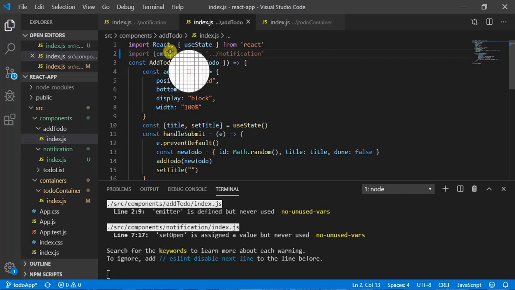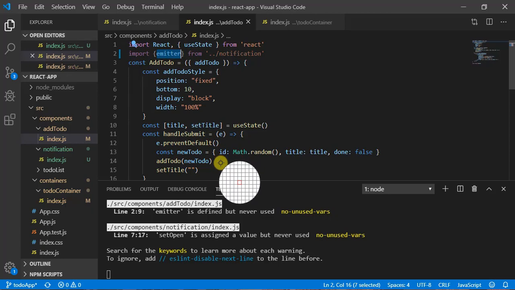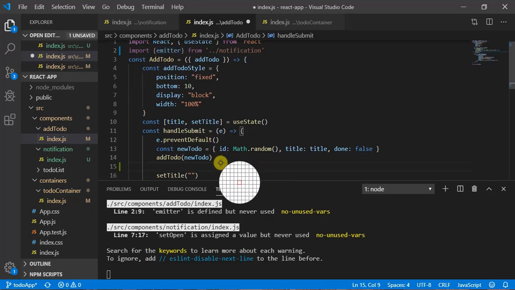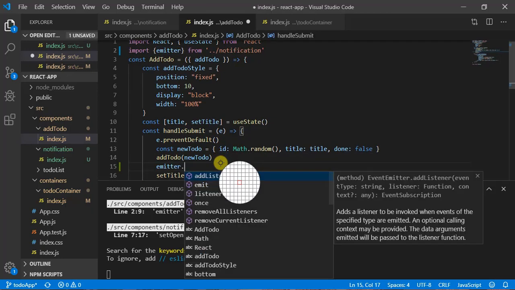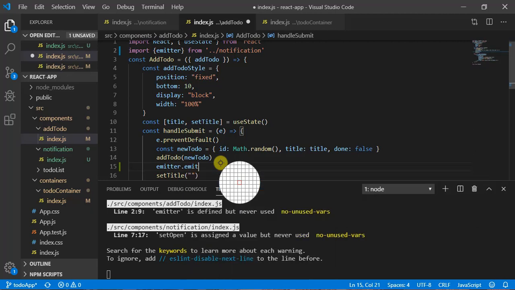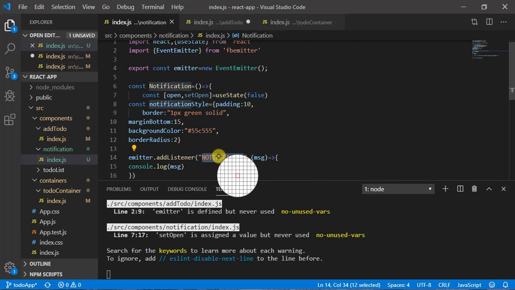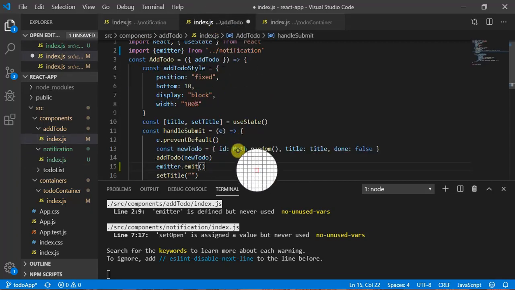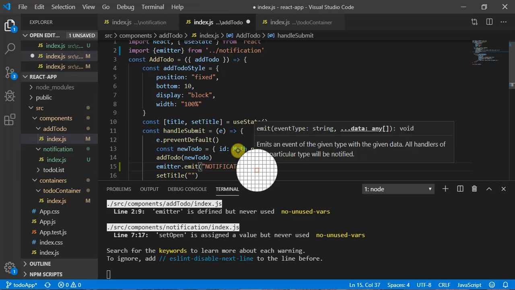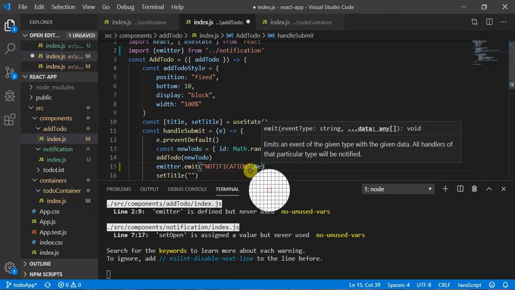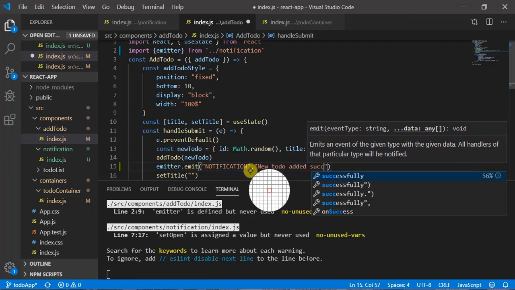Now that we have this emitter, after calling we can write emitter.emit, and it is going to emit an event. Here the event type should match, so this is the event type, notification. We can pass the same thing here, and from here we can pass a message, what we wanted to show. In double quotes we can write new todo added successfully.